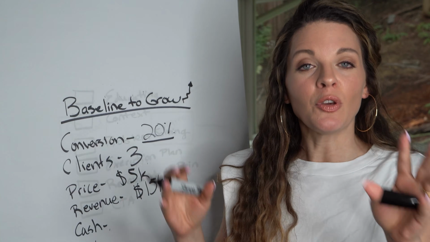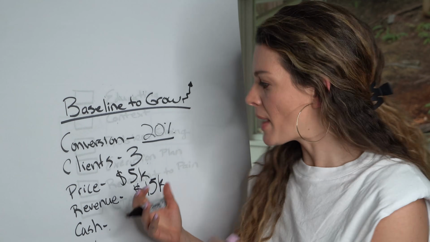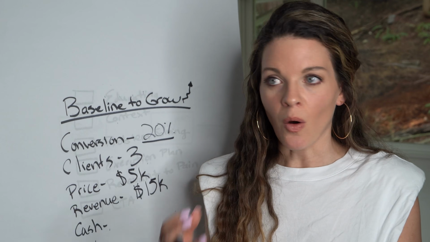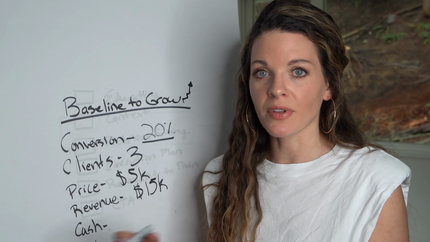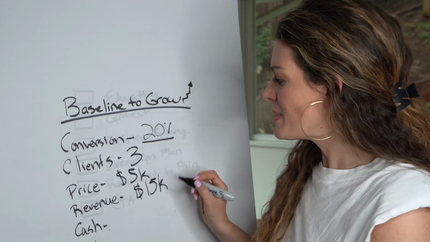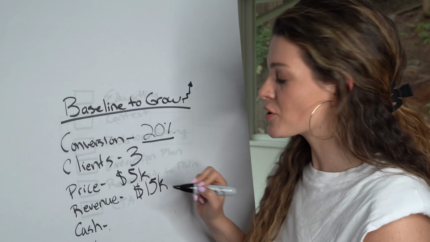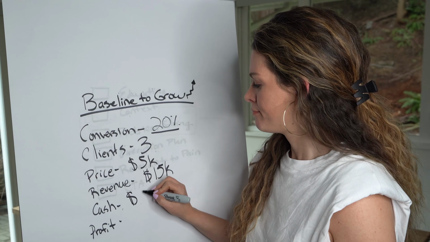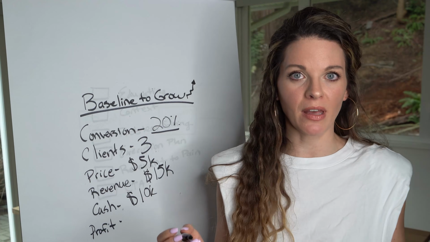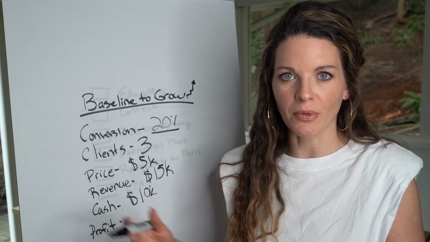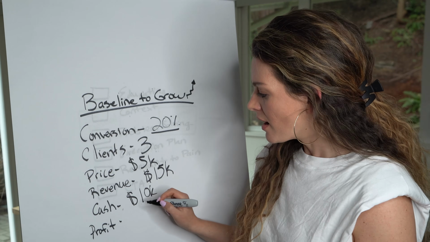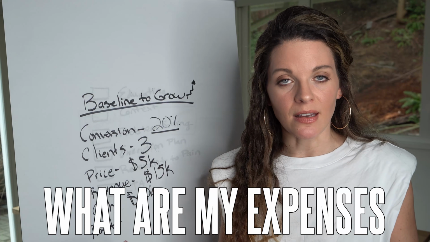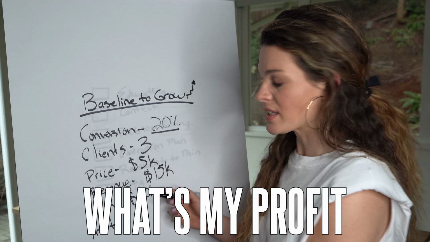Now, if you offer payment plans, people might be paying different amounts or doing it on a monthly payment plan for the next, let's say, 3 months. So you wouldn't be getting all of the cash up front. So how much cash are you actually collecting? So let's say you're collecting $10K in cash a month because one person or 2 people decided to do a payment plan. From there, you determine, okay, what are my expenses and what's my profit?